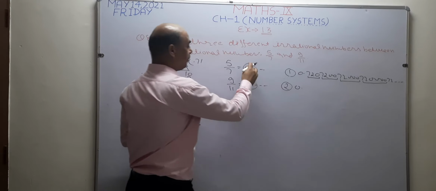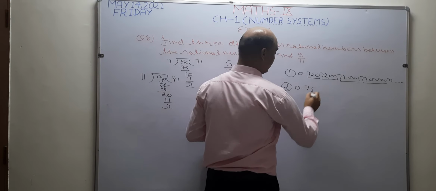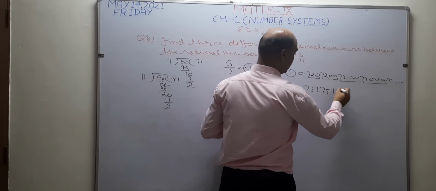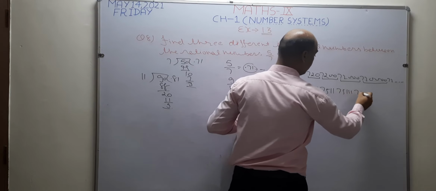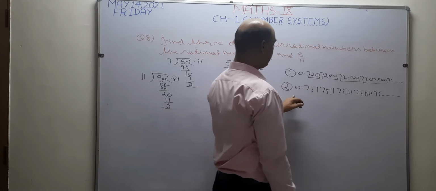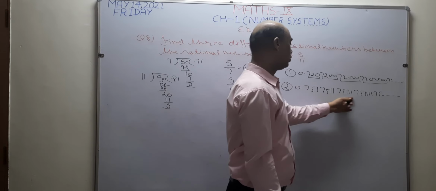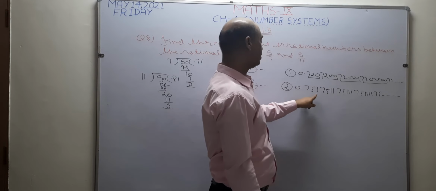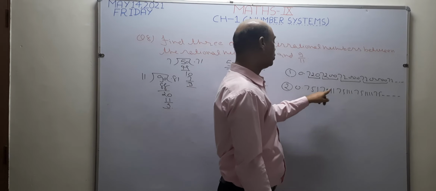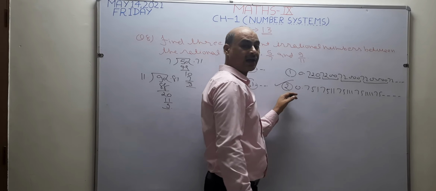You take any number between 71 to 81. I want to take 75. After 75, I take 1. 75 double 1, 75 equal 1, 75 4 1 and 75 and so on. Since this decimal has no end, it is known as non-terminating, and no number is going to repeat. Therefore this is the representation of non-terminating and non-repeating. Every decimal which is non-terminating and non-repeating is known as an irrational number. So this is your second irrational number.